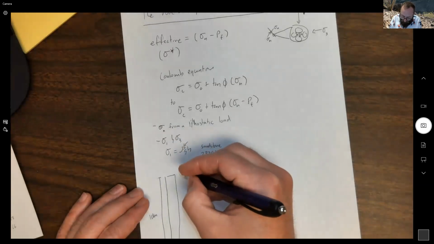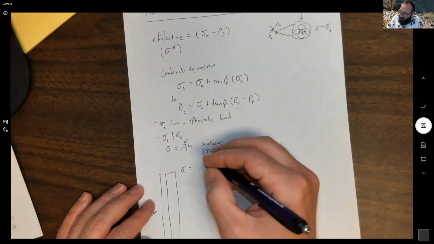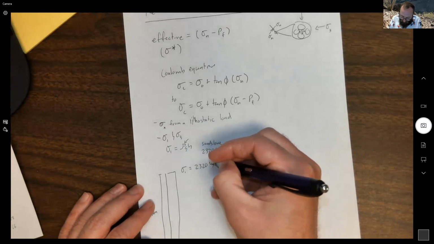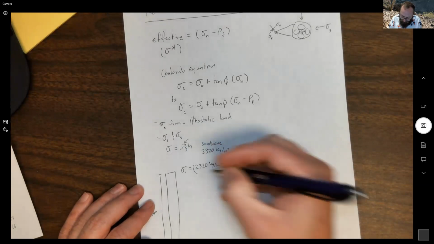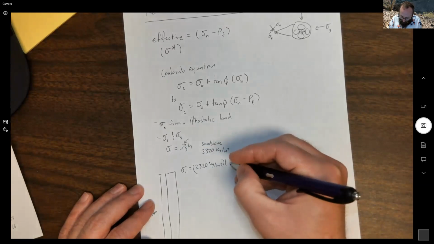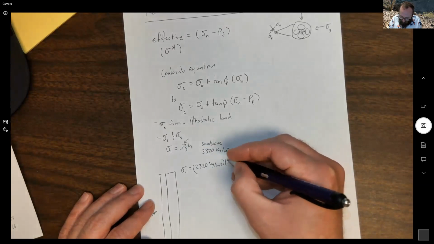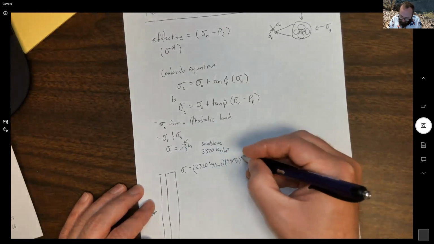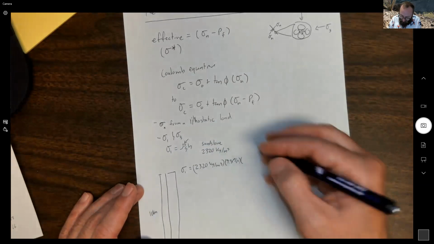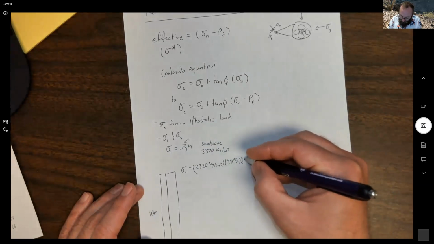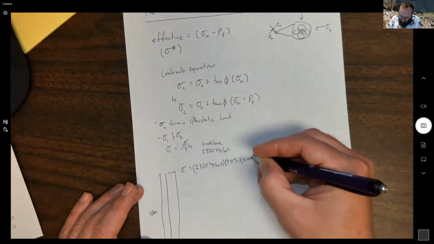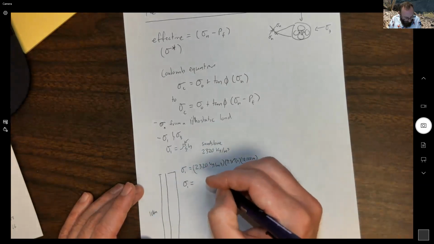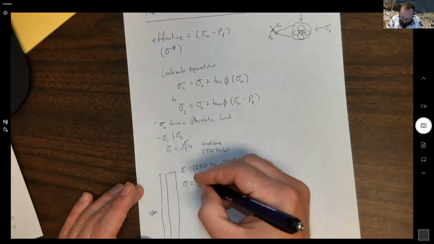Okay, so our sigma 1 is going to be 2,320 kilograms per meter cubed times 9.8 meters per second squared times the height. Okay, so 10 kilometers converted into meters is 10,000 meters. Okay, and so that equals sigma 1 equals 227